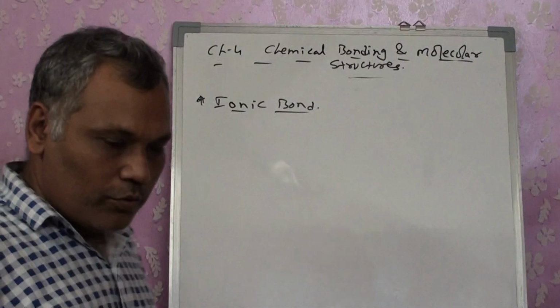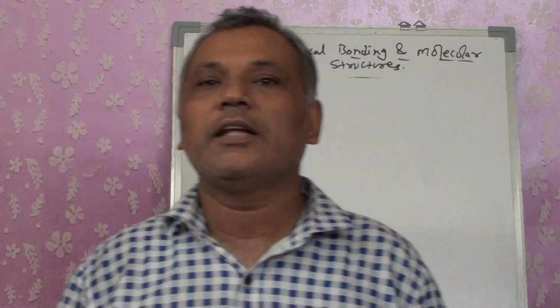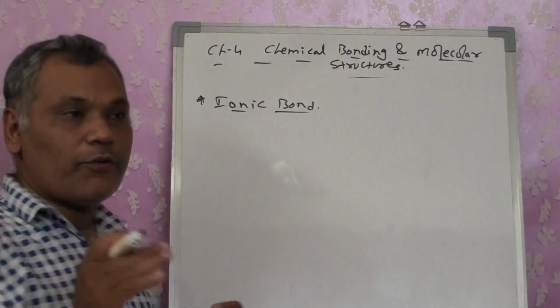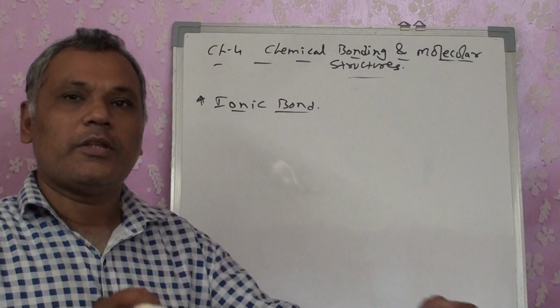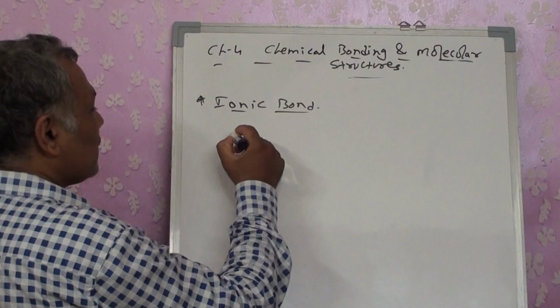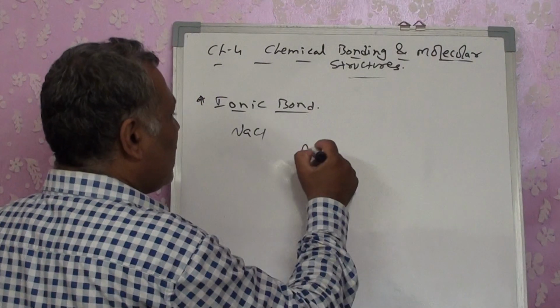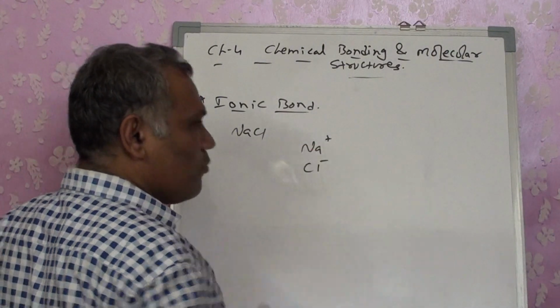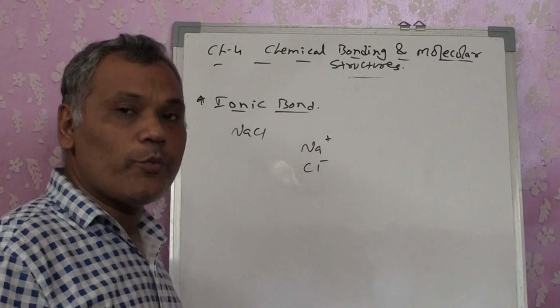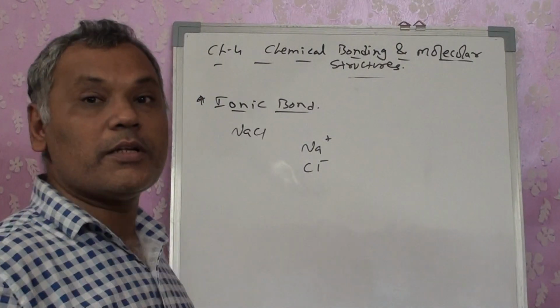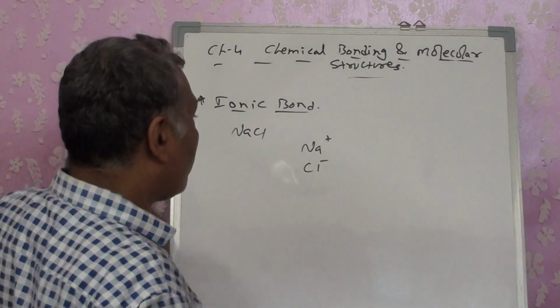Till now you have studied in the lower standard that ionic bond means when oppositely charged ions attract each other and form a bond between them, you term it an ionic bond, right? As per the limitation of those teachers, they taught you accordingly. NaCl was the example which was always taught to you. It was told that Na plus, Cl minus. See how this is going to obey the octet rule and why they are forming an ionic bond. Why don't they form a covalent bond? What is the difference between them?